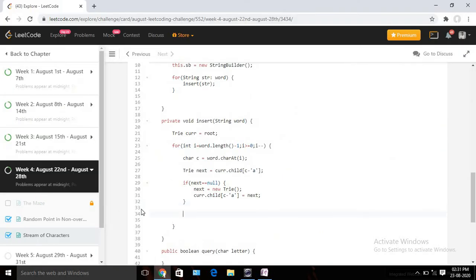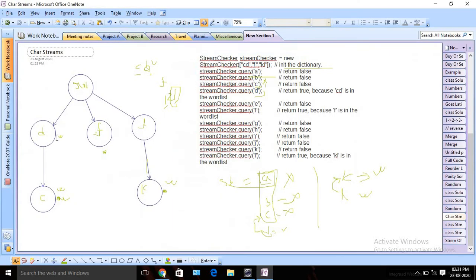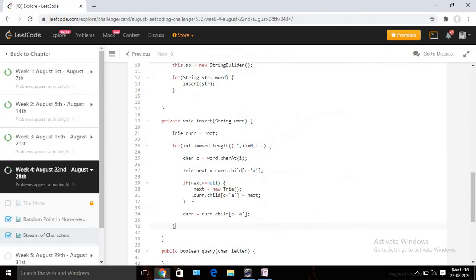So it should be cur equals cur.child[c - a]. Okay, so it will move down. Once we are done with all the characters, we need to set this flag true, the end of word. So let's set that. It should be cur.eow equals true.